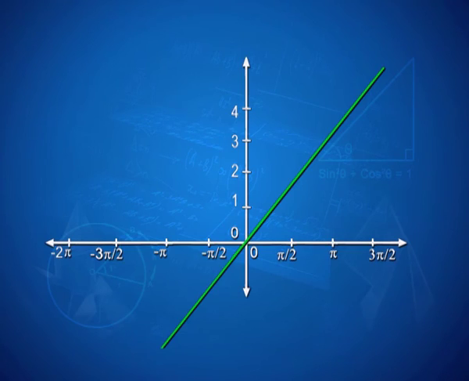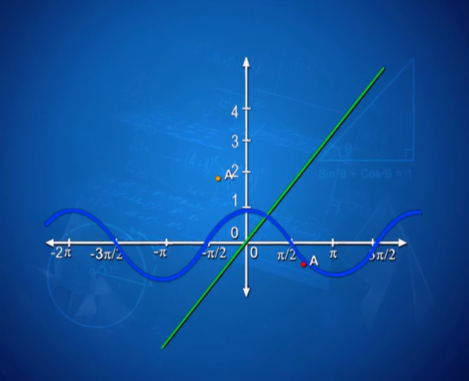Let us take a look at the visualization of the cos inverse as a reflection of cos along the line y equal to x. So, let us begin with the line y equal to x and let us take the graph of cosine function. If I take a point A on it and reflect it along the line y equal to x, I get a point say A dash. Let us see what happens if I trace this point A dash as A moves along the graph.